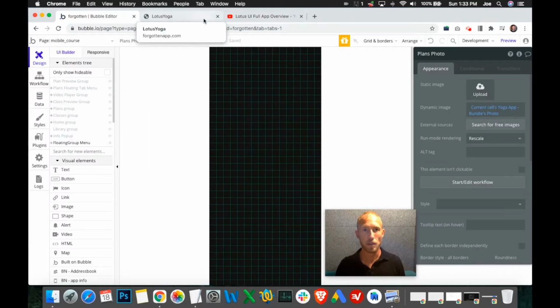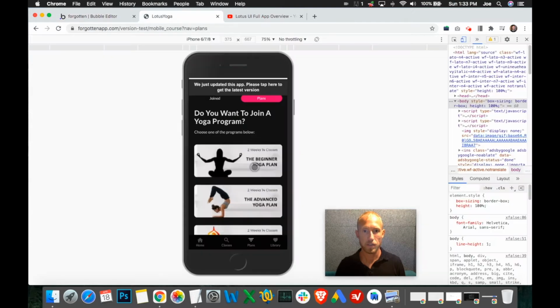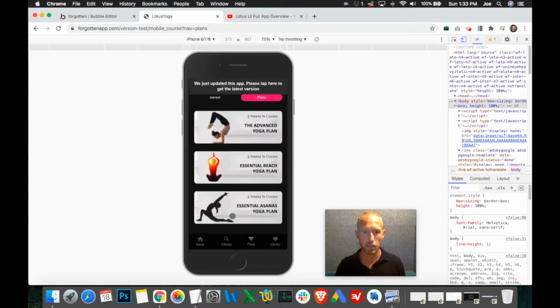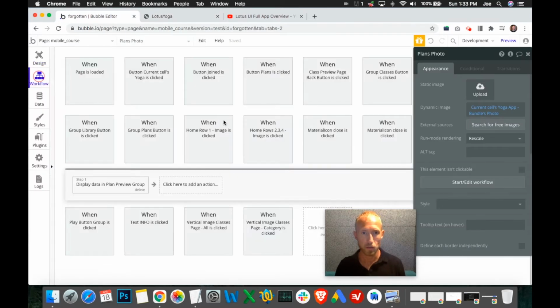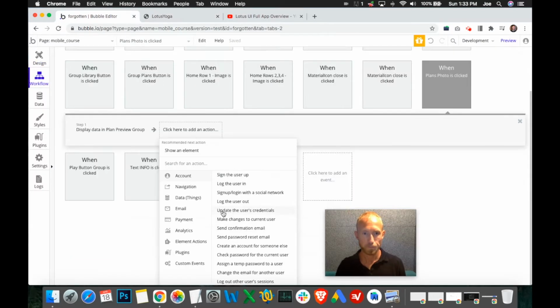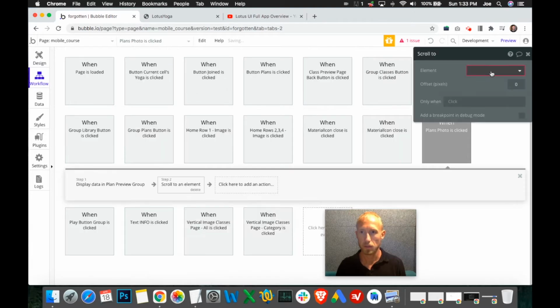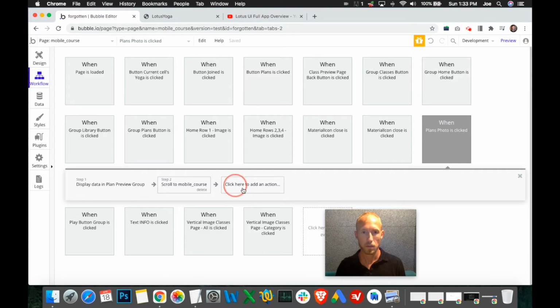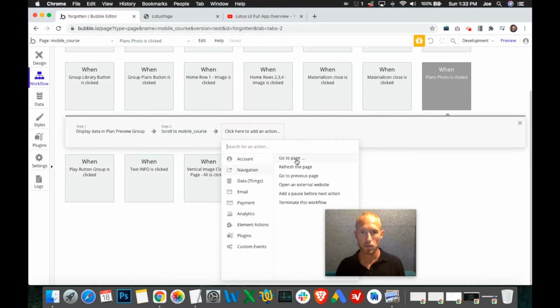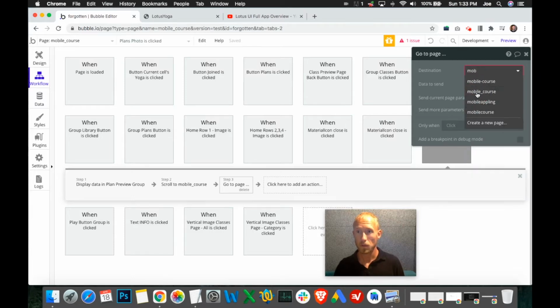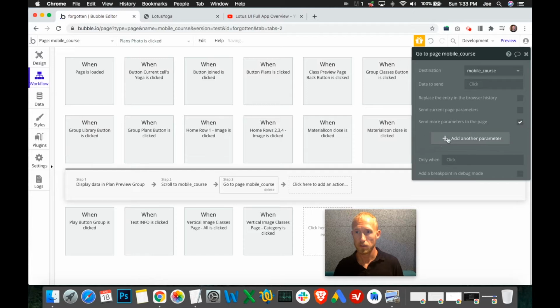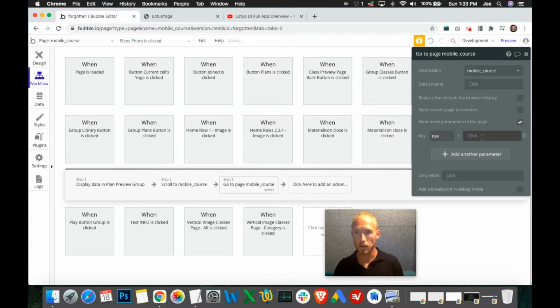We also want to, let's just imagine for a second that we're scrolled down all the way here, and then we click this. We want it to scroll us up, so element action, scroll to the 0 position, and navigate to this page that we're working on. Send the nav parameter of